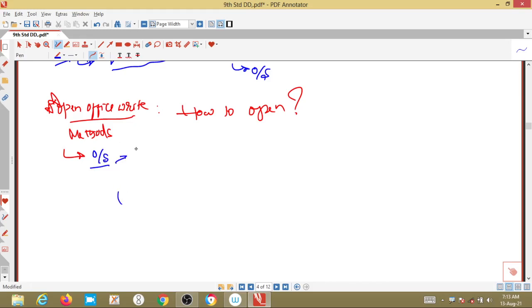In Linux there is a different method, in Windows there is a different method. Sometimes there will be a start button, an icon like this. We click on that, go to applications, then go to Open Office, that's the Apache Open Office. There we will get this Office Writer.